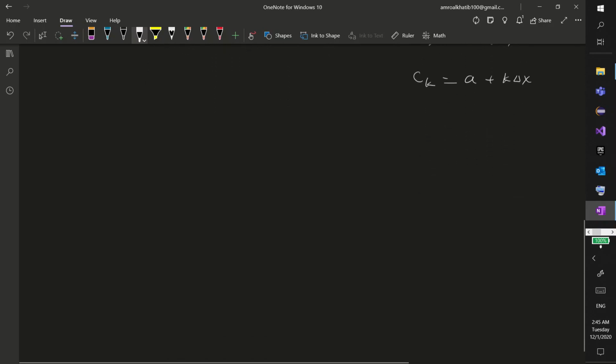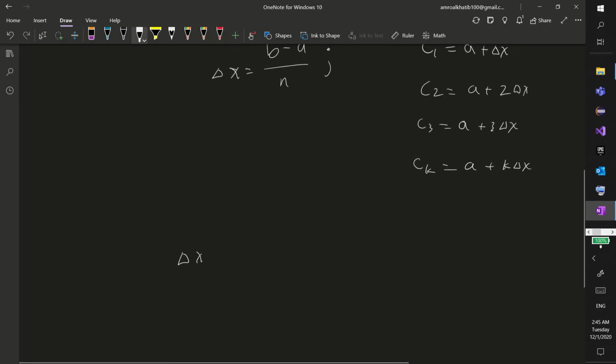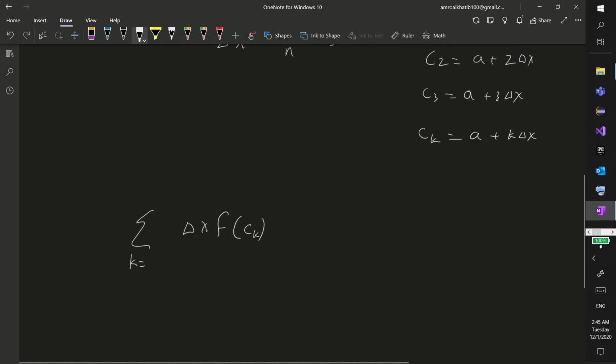So what we're summing up right now is delta x multiplied by f of ck, right? Not only that, but k goes from 0 to however many intervals you have, so it goes to n, and it keeps going. So we're summing all of this up, and we start from k equals